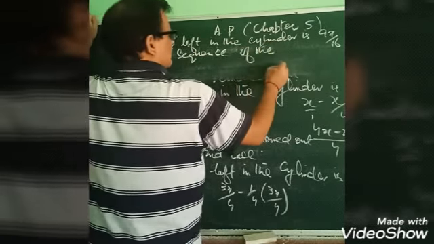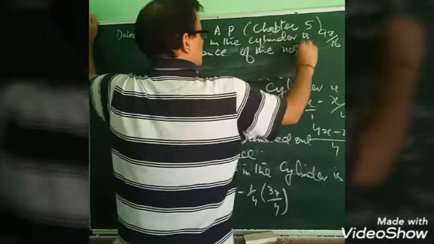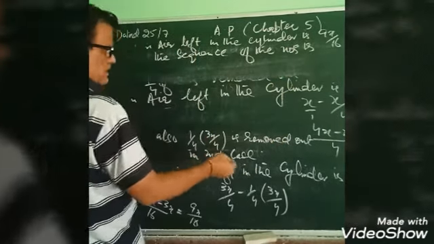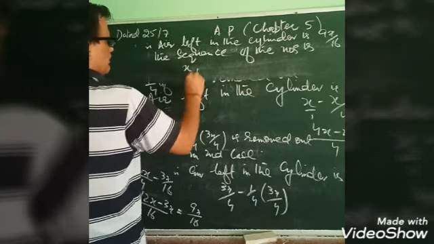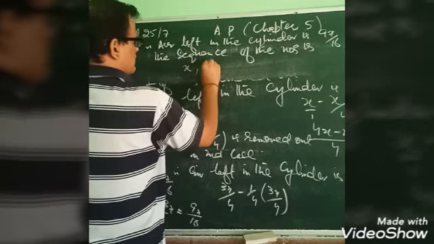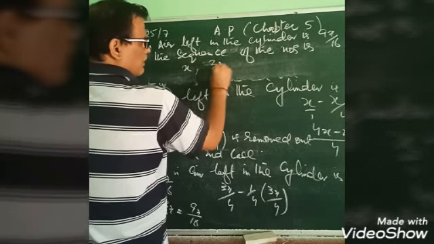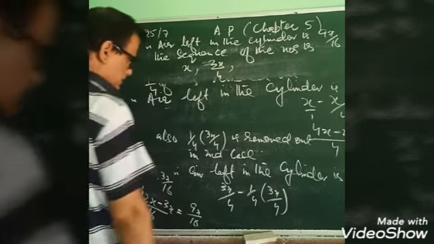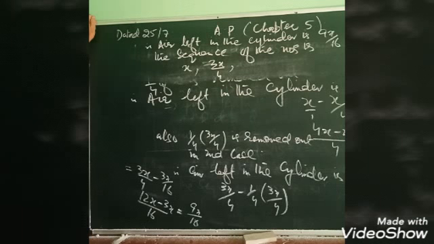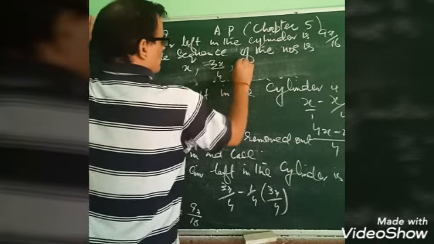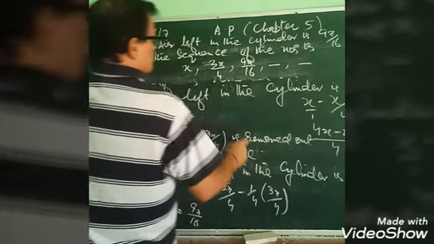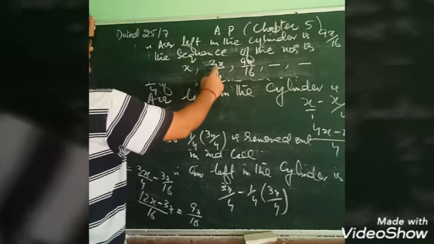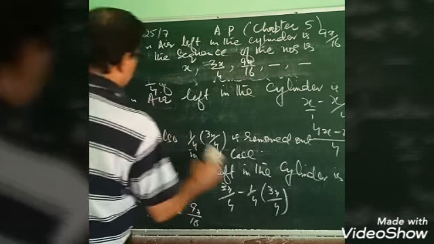Therefore, sequence of the numbers is x, because we have considered it as x in the very first, then it was 3x upon 4, and the next one is 9x by 16, and so on. So this minus this and this minus this, they are not equal. So let us find it out.